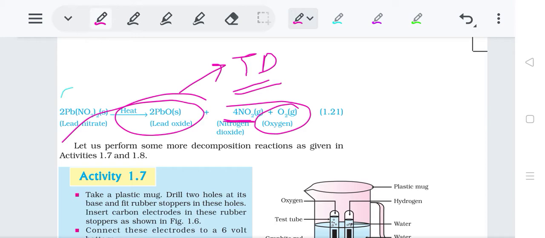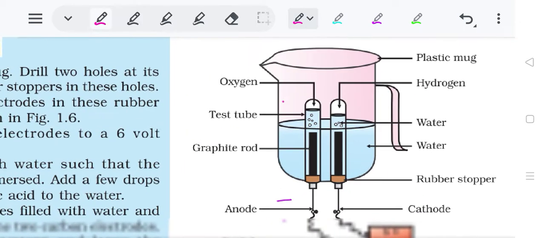So hope thermal decomposition is clear. Moving further, we have the electrolytic decomposition reaction. Here the first example is of